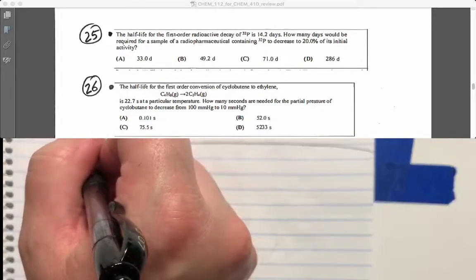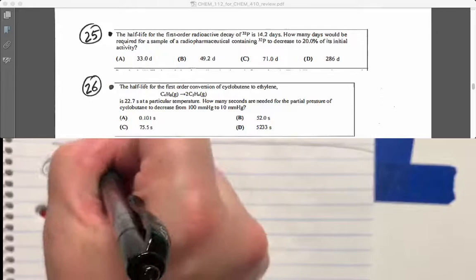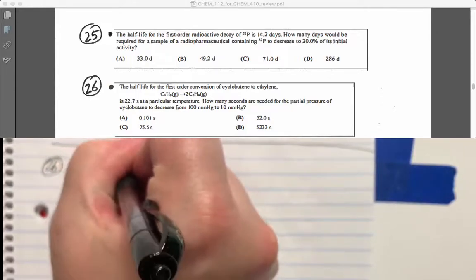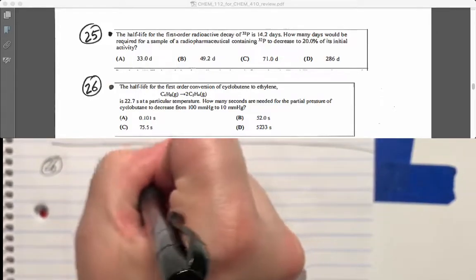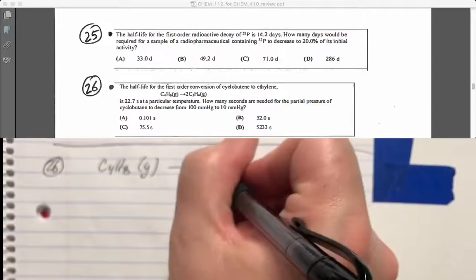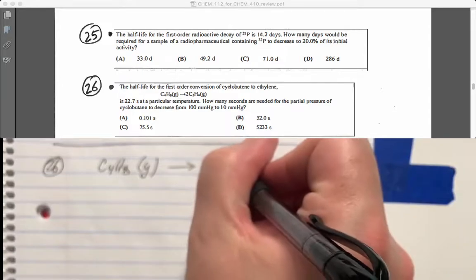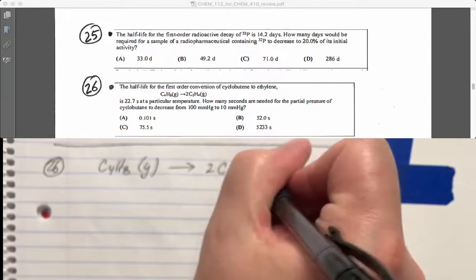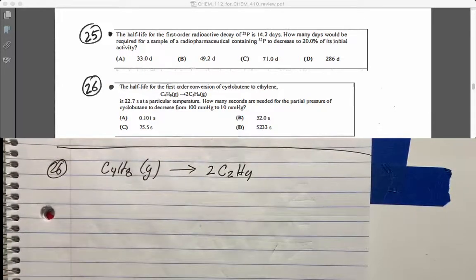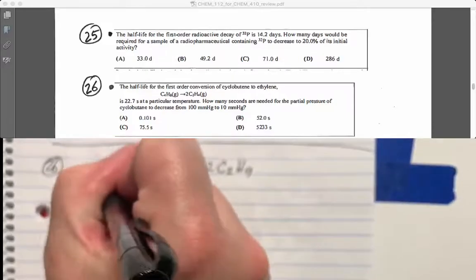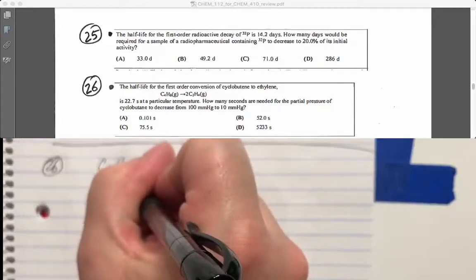We'll continue on with that theme for this next one. In this one, it is cyclobutane to ethylene, so C4H8 gas. So this is 4 carbons breaking down into 2 carbon species. Okay, this is that reaction happening. And again, we're given a half-life for this particular reaction. So our T1/2 is equal to,